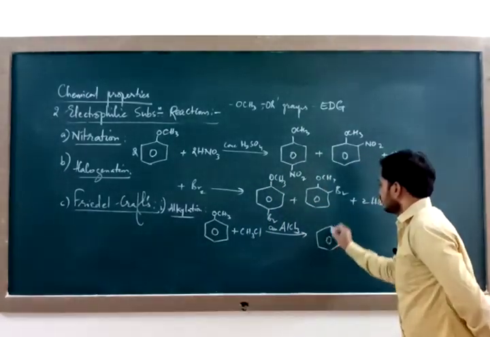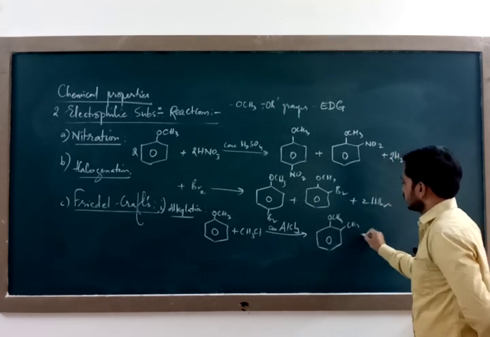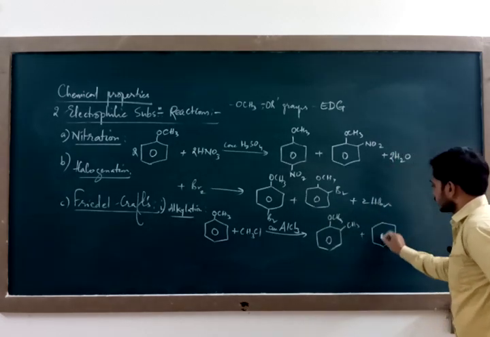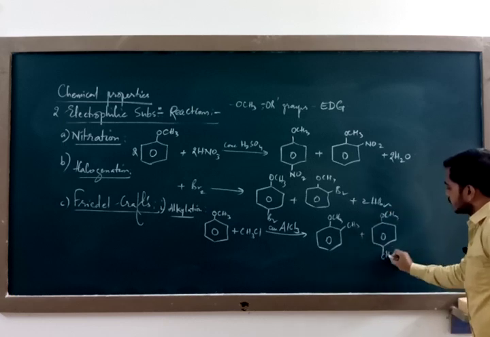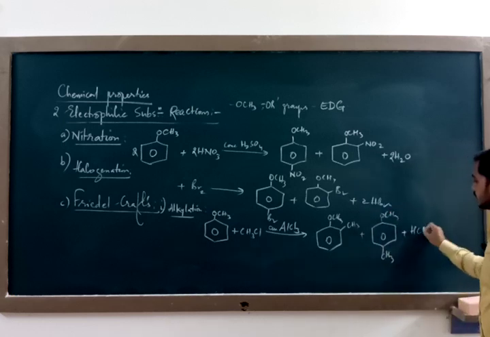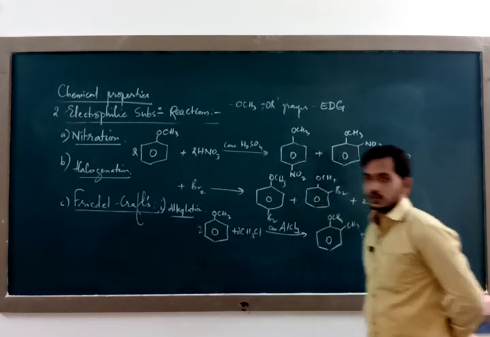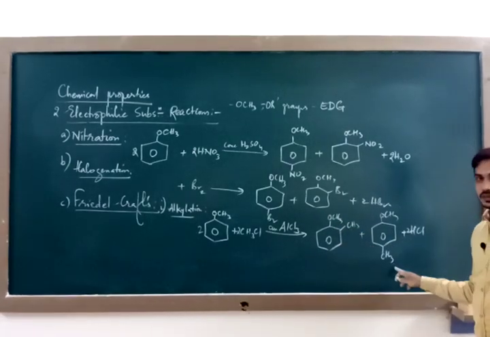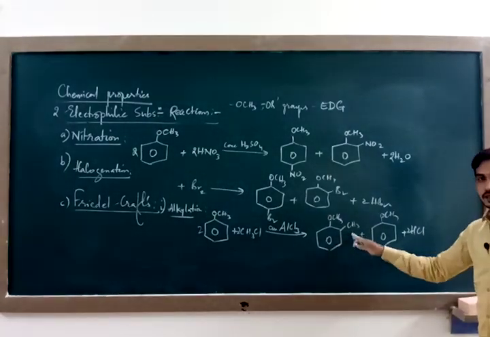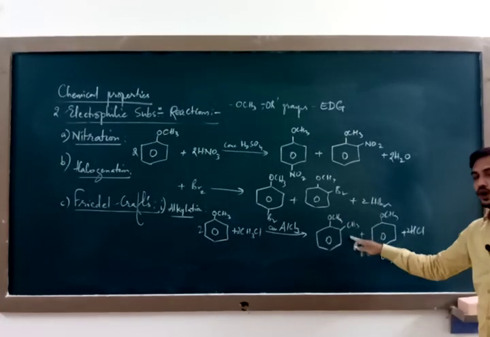You will have OCH3 as it is, here CH3 once at ortho position, the second time it is at para position, plus 2HCl, 2 methyl chloride, 2 anisole. In Friedel-Crafts alkylation, alkyl group is substituted and this product is called ortho-methoxytoluene,